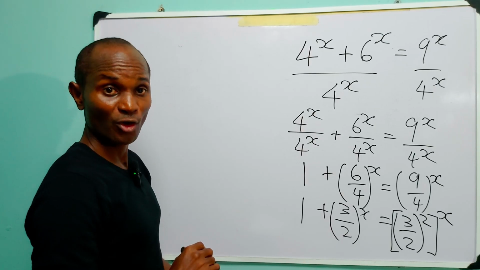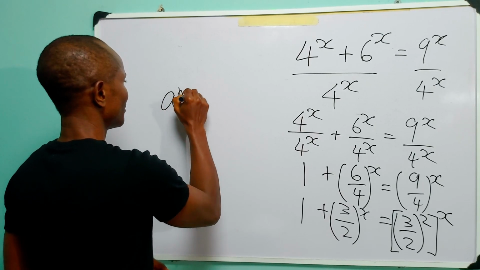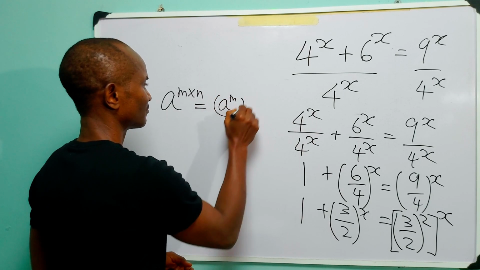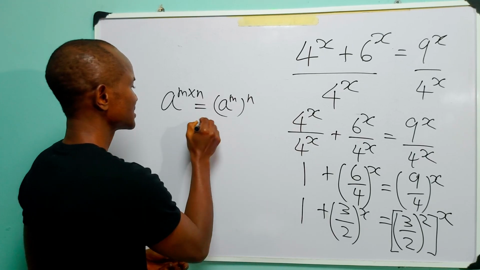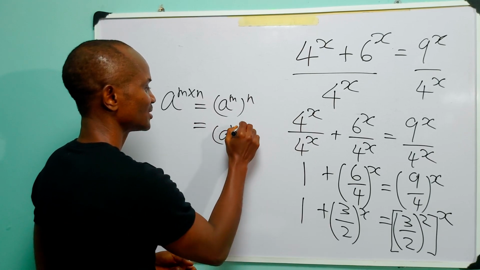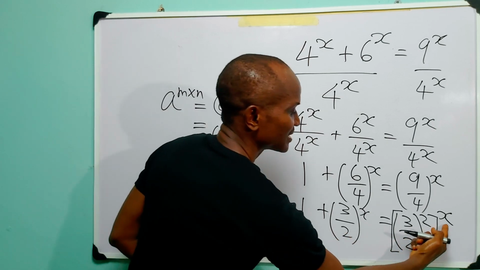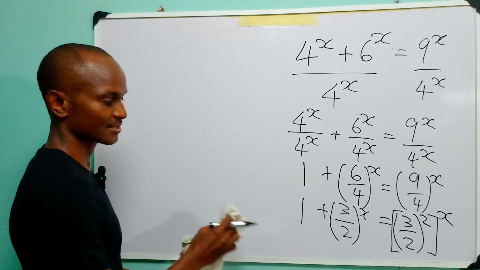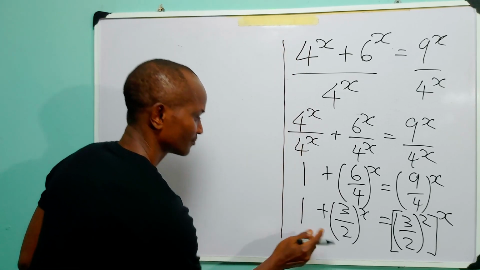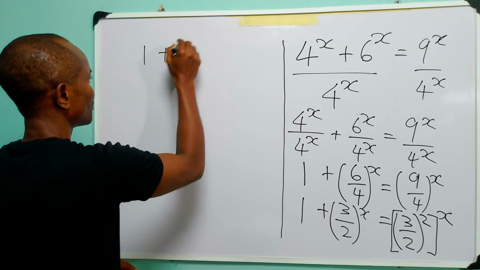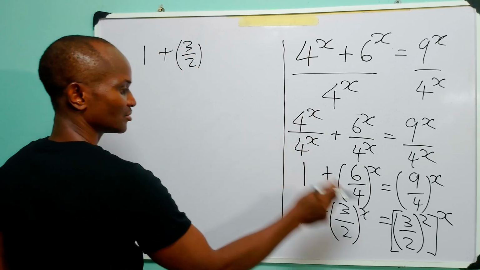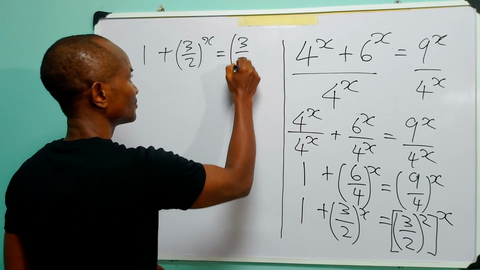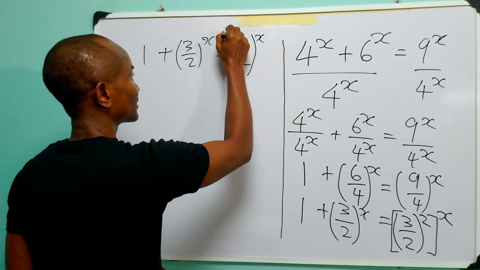Now let us recall the law of logarithm that says that a raised to power m times n is the same as a raised to power m raised to power n, and also the same as a raised to power n raised to power m. So that simply means that we can switch the places of 2 and x, giving us that we have 1 plus 3 over 2 raised to power x is equal to 3 over 2 raised to power x